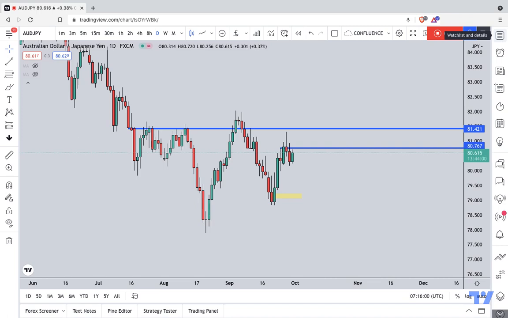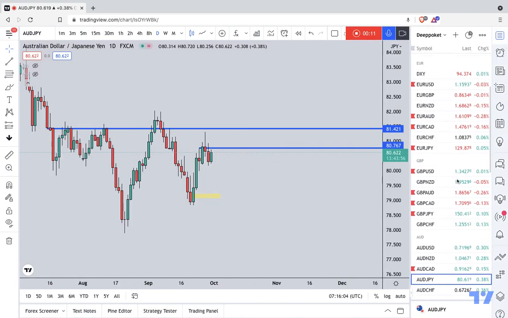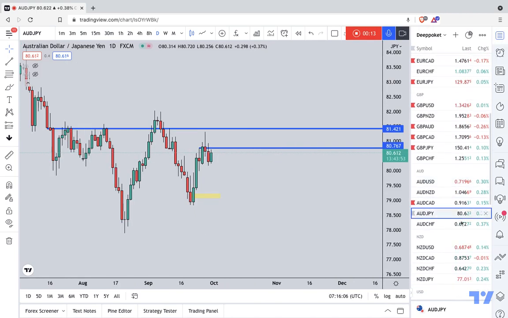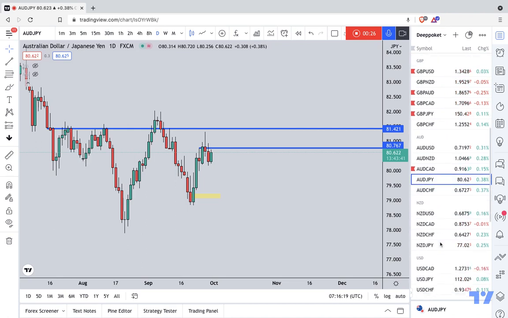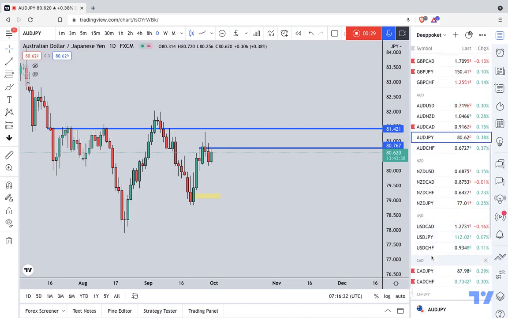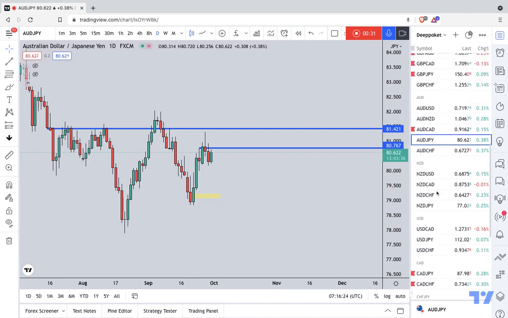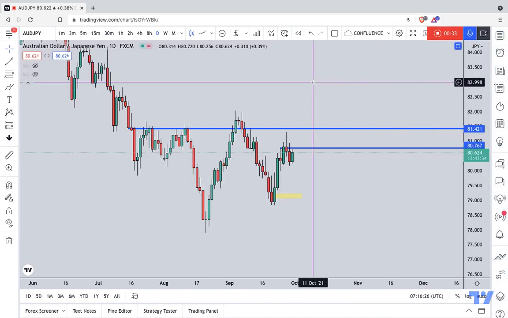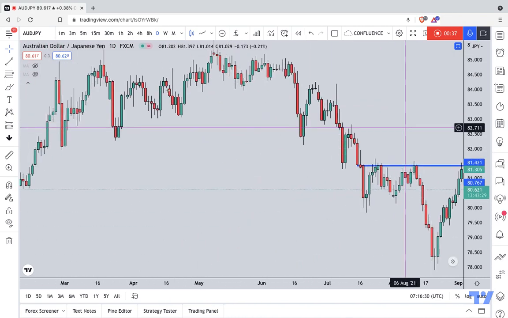On the charts, we're looking at the Australian dollar, Japanese yen, and we're continuing with our series of covering all the currency pairs. Right now, at the Australian dollar, Japanese yen, as you can see here, I actually have to do the Australian dollar, Canadian dollar as well, and then go down to the New Zealand dollar, US dollar, CAD, and so on. All right, here on the daily chart with Australian dollar, for me, the daily chart is bearish,